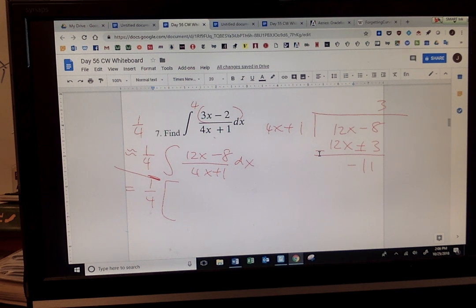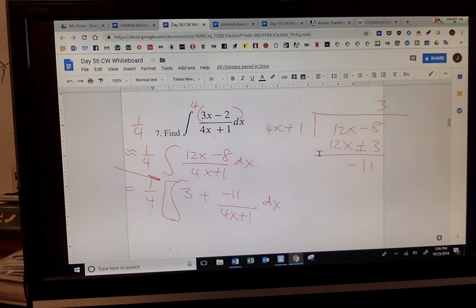If you remember the pattern of the last problem, what am I writing? 3. I usually tend to write it this way: plus negative 11 over 4x plus 1, so you don't make mistakes. dx. I'm making a mistake. Is that integral? Okay, finish the problem yourself. Look down. Look down. Finish the problem.